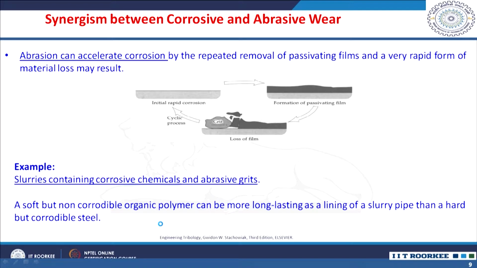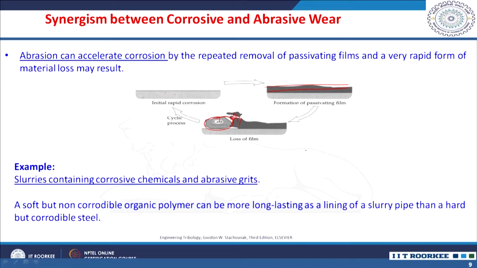The material removal in such corrosive and abrasive wear stress conditions is because of the synergetic effect of corrosive and abrasive wear. You see here, initial rapid corrosion you will have. So, you will have a film, and because of the abrasive, hard grit or hard asperity coming in contact, this film will be broken, and then again the cyclic process proceeds with the corrosion, but now at a very rapid rate, and then again the material forms a passive film, and again material is removed. So, it is a continuous process.